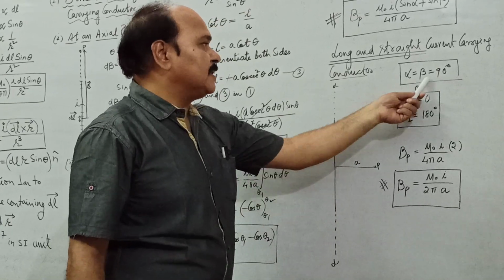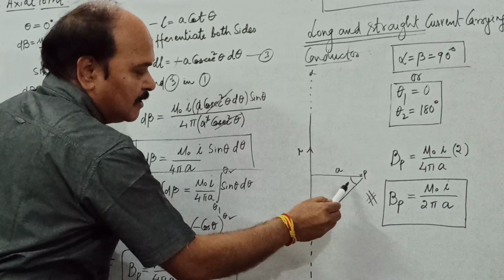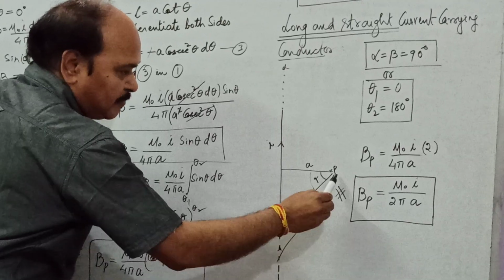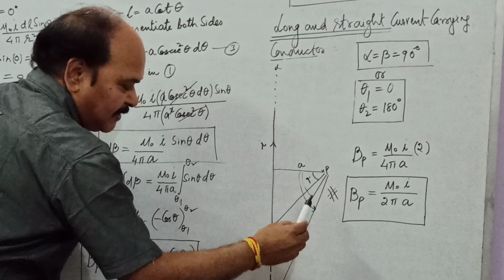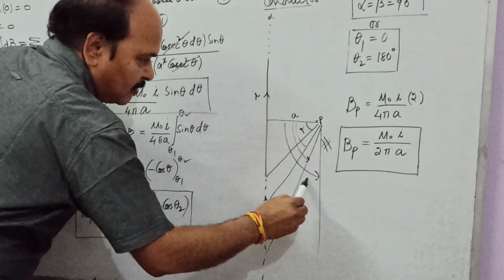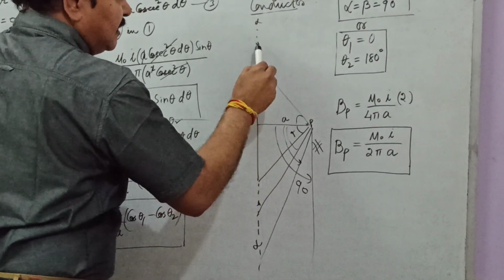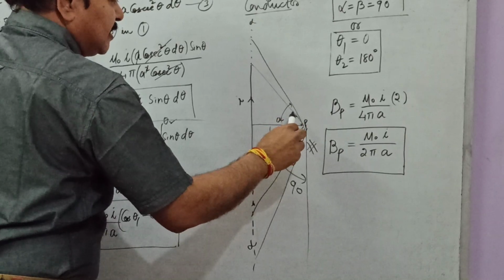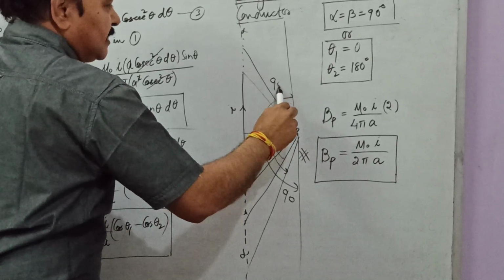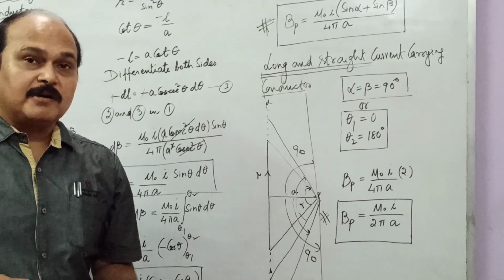In that case, what are alpha and beta? Had the wire been up to this point, this alpha would have been this angle. Had the wire been up to this point, alpha would have been this angle. Had the wire been up to this length, this alpha would have been this angle. See, the alpha is increasing, but if the wire moves up to infinity, this alpha would increase to what? 90 degrees. Same way, if the wire is up to this length, this is angle beta, and if the wire is up to this length, this angle is beta. See, the beta is increasing, and if the wire extends up to infinity, then this angle beta would increase to what? 90 degrees. So alpha and beta are 90 degrees in case the wire is long and straight.